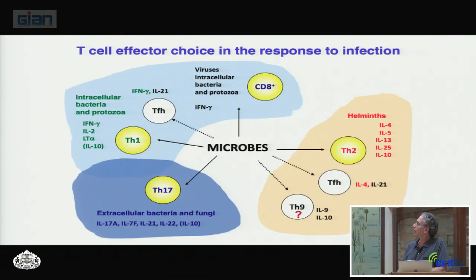So somehow these Th17 cells, which have been thought mainly to function in acquired resistance to extracellular bacteria and fungi, may play some role in immunity to these Leishmania infections. So that was a very interesting study